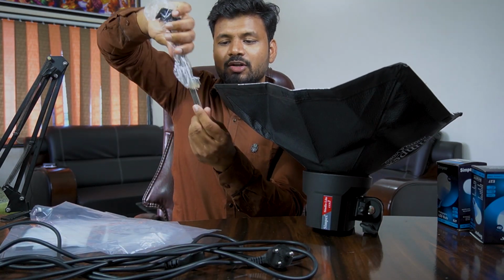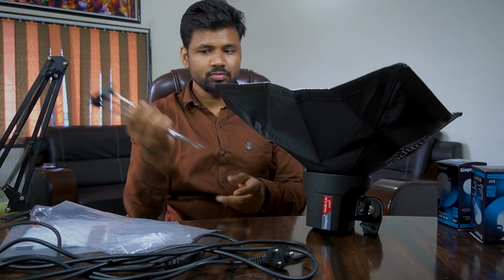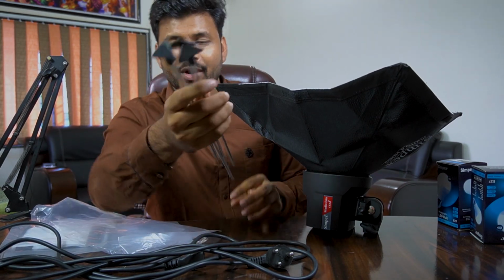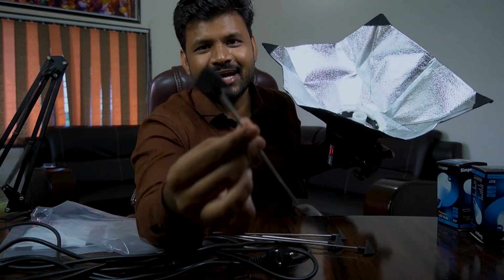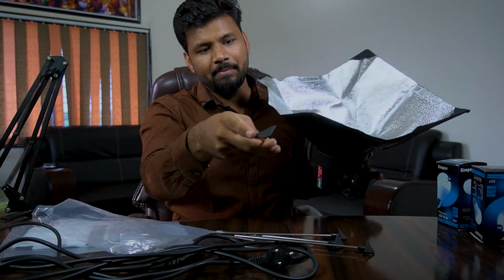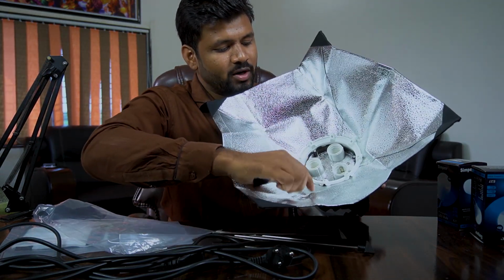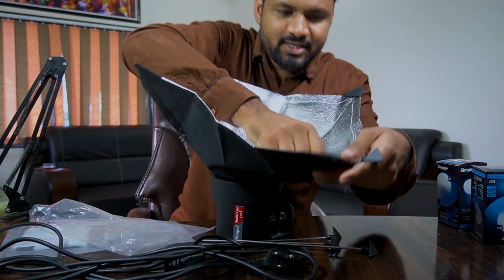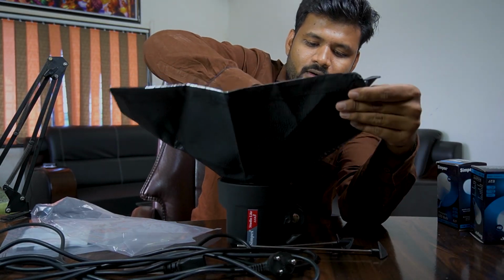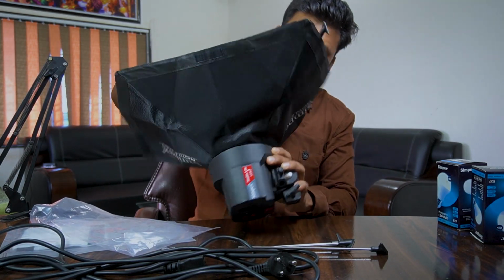Can you see this? Now the next step is very easy. You have to insert all these 4 forks into this, and let me show you what you have to do. So the first thing is, while you're inserting these forks, the fork is like an arrow. So this stuff should be on a surface, and first you have to insert this, not this one. Okay, let me do it. There is one small dot here, and there should be one tuck kind of noise, tuck, right? And then you have to take this. Give me a second. Tuck,